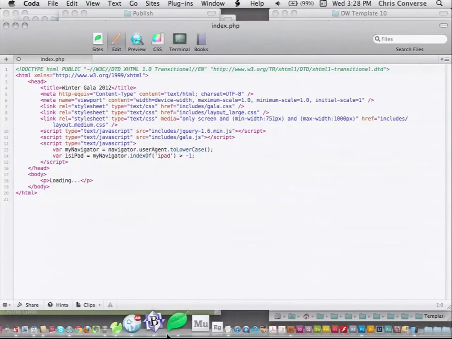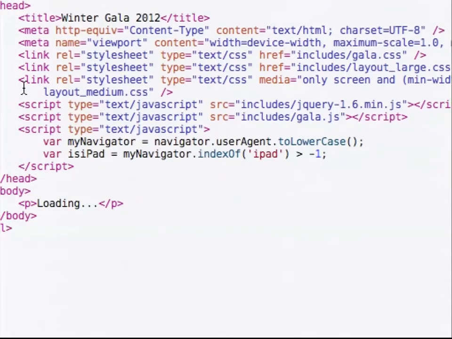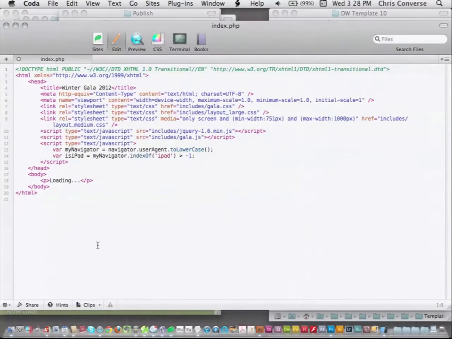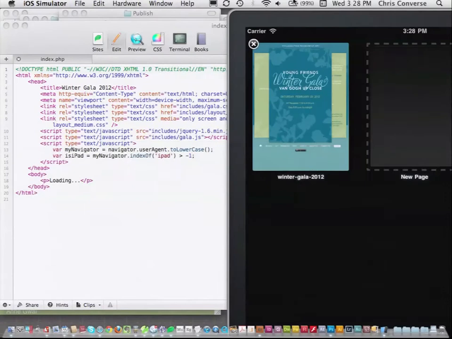But you guys can certainly do a view source and pull all that stuff out. It's in JavaScript. If you're on the large screen device, we just do a quick JavaScript detect for, is this an iPad? And if it is an iPad, we're going to set that individual variable, and then we're going to check that later. So if I go visit this site on an iPad,